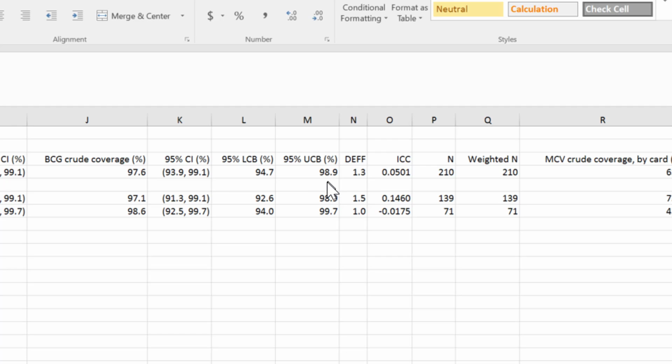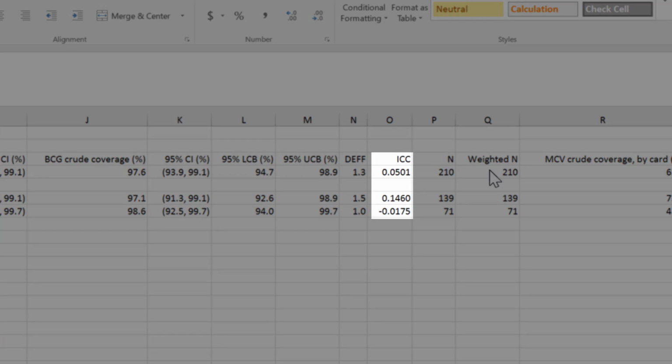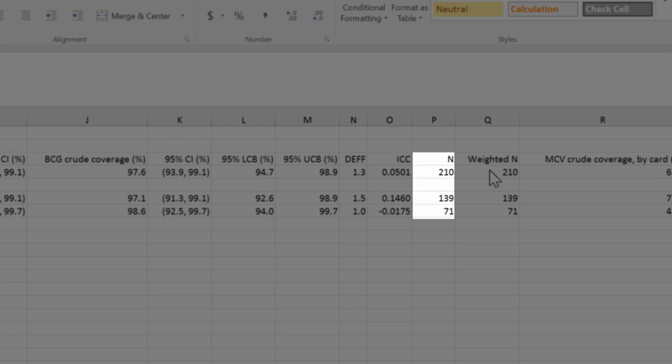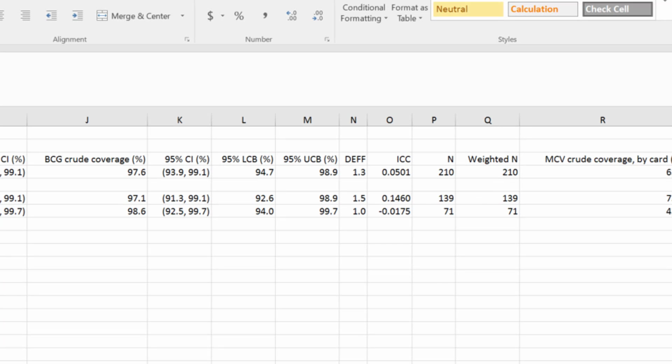These one-sided bounds are useful for classifying coverage as being very likely to fall above or below a fixed threshold. We also have a design effect, which is abbreviated DEFF, an intra-cluster correlation coefficient, or ICC, N, which is the number of respondents used to calculate coverage, and a weighted N. The interpretation of the weighted N will vary depending on how the weights are calculated and scaled. For help interpreting these additional statistics with English language sentences, see the last section of the quick reference guide entitled